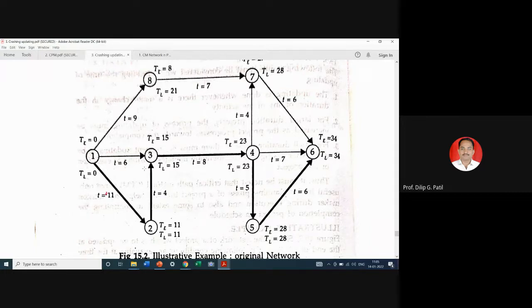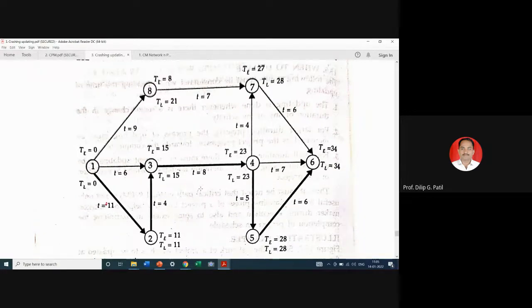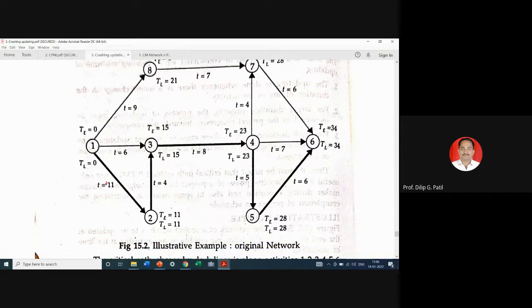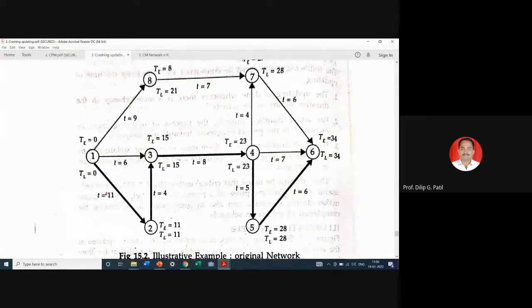And then again you can reach to this point, that is how to calculate project duration and critical path. So with this we can say we can calculate critical path and project duration. If you have any doubt or difficulty in understanding up to this point, that is calculation of project duration and critical path, then you can watch